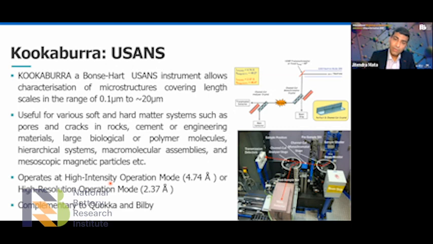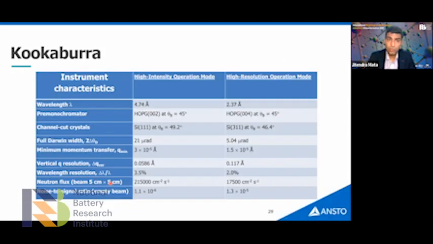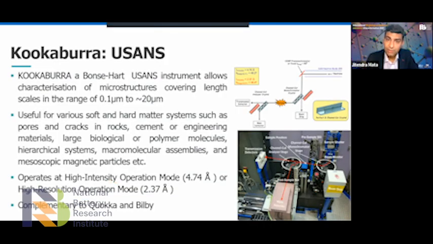Okay, so now coming back to the two modes, the high intensity mode and the high resolution mode. Kookaburra has this. If I go back, I want to show you this turntable. We have two turntables. One is called the monochromator turntable, and this is the analyzer turntable. And this is the sample area. In each turntable, we have two sets of crystals, silicon 311 and silicon 111. Silicon 111 is for the longer wavelength, and silicon 311 for the shorter wavelength. One is used for high intensity, the other for high resolution. So if you rotate this table 180 degrees, you can use one